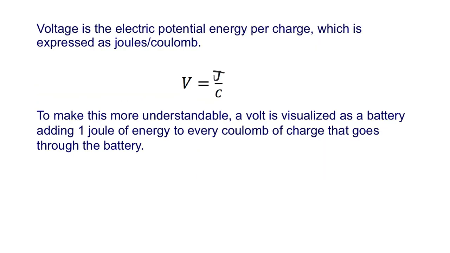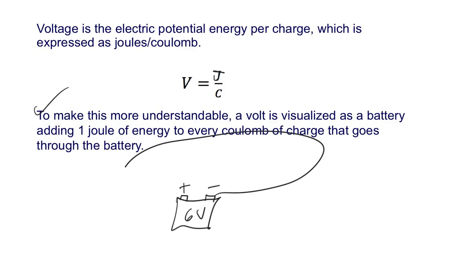So a volt is a joule per coulomb. And I like how they said this here: a volt is the work a battery does to move 1 coulomb through a circuit. Okay, so here's the battery. Let's say it's a 6-volt battery. You got a plus and a minus terminal. You connect a circuit to that